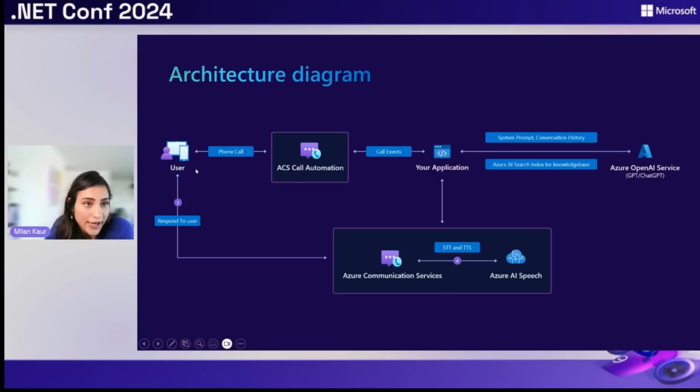an order for a cake, there is an event that gets generated in the call automation service, and it notifies the backend application that the user has said something on your call. What do you want to do? Now the backend application will take that. Again, like the WhatsApp bot sample, it will append it to the conversation history and pass the Azure AI Search index for the knowledge base that we're using for this sample and pass it to the LLM model that you